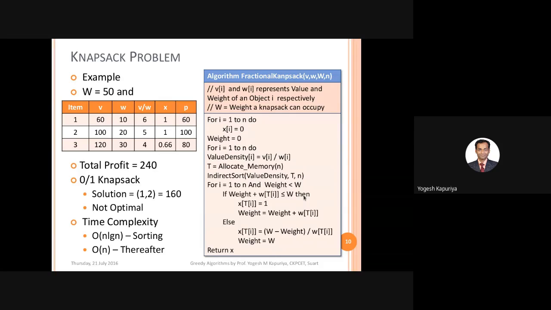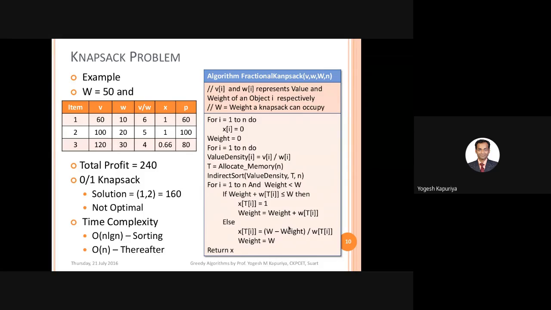But when your object cannot be carried entirely, which is the case for the last object most of the time, we will find out the fraction. To find the fraction, first find out the remaining weight the knapsack can carry.